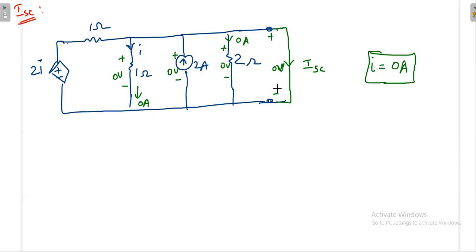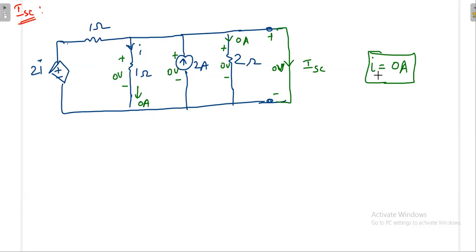Okay. Current ISC will be there. Now our aim is to find ISC. Once I is 0, you do not know what is the current here. If this is 0, this is 2I, some current will come here. So again this 0 volt will appear. Again, you can make one guess.